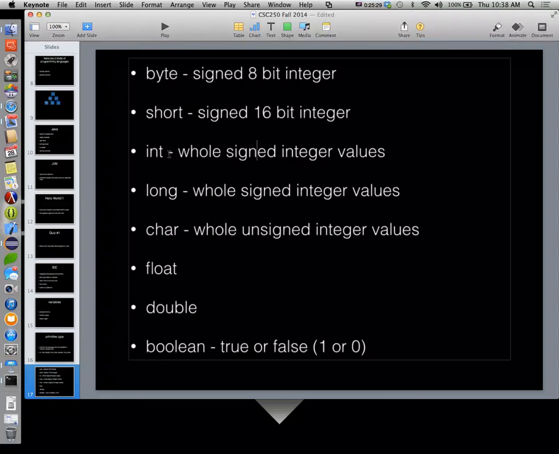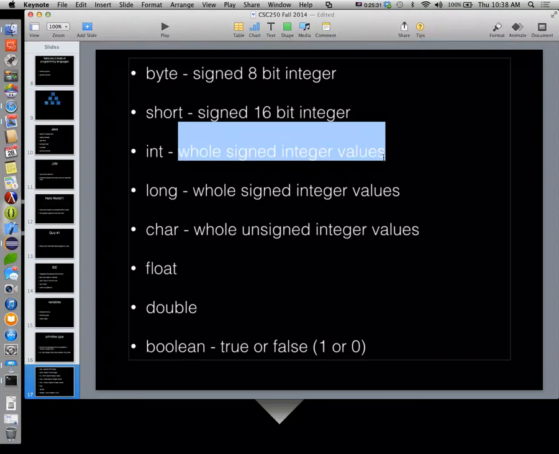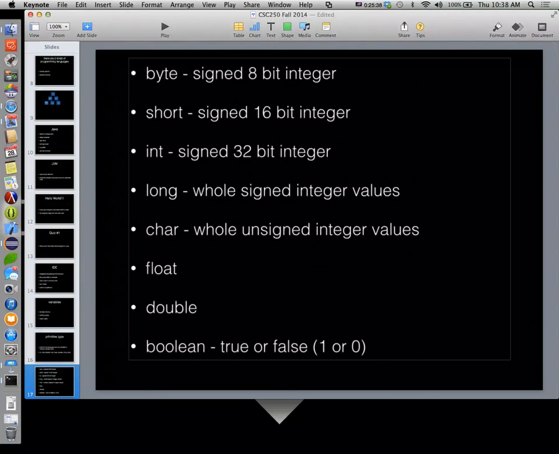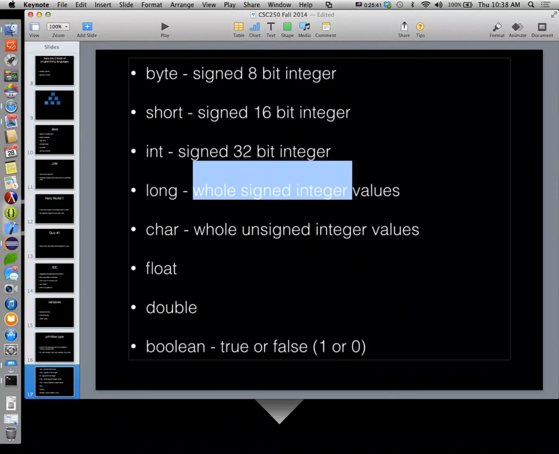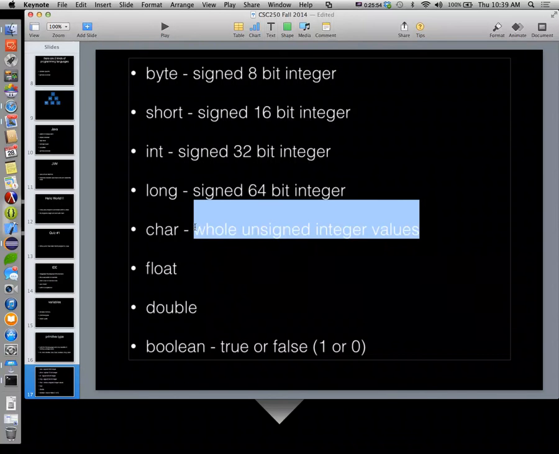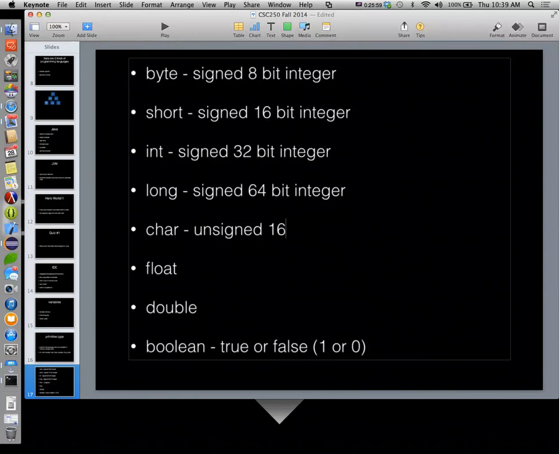An int is a signed 32-bit integer. A long is a signed 64-bit integer. And we'll get to this in a second, but a char is an unsigned 16-bit integer.